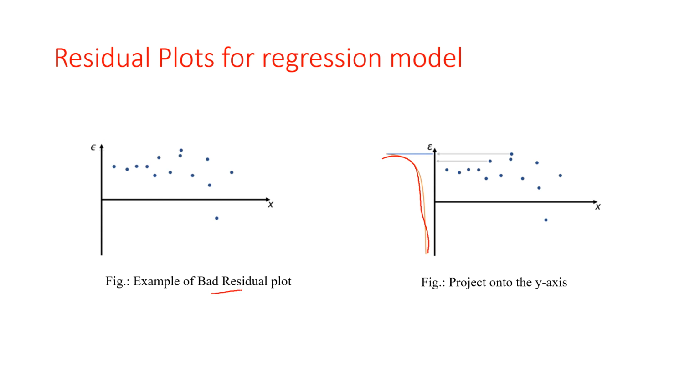It is important to understand that such plots signify that we have not completely captured the predictive information of the data in our model. That is why we can say whether our residual plot is good or bad. A good model should only have random errors left after using the predictive information. So this is all about residual plots for the regression model. Thank you.